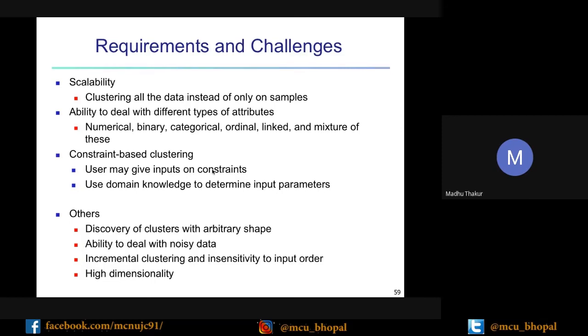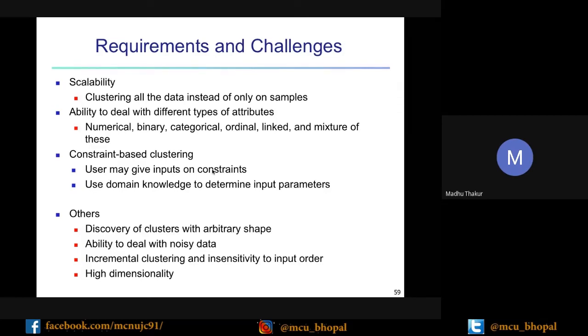As I said, if your data type is numerical, you have to choose one distance function. If it is binary, change again. If your data is represented in the form of vectors, again you have to change. If data is ordinal, nominal, or mixed, then when the data changes, automatically you have to change the distance function.